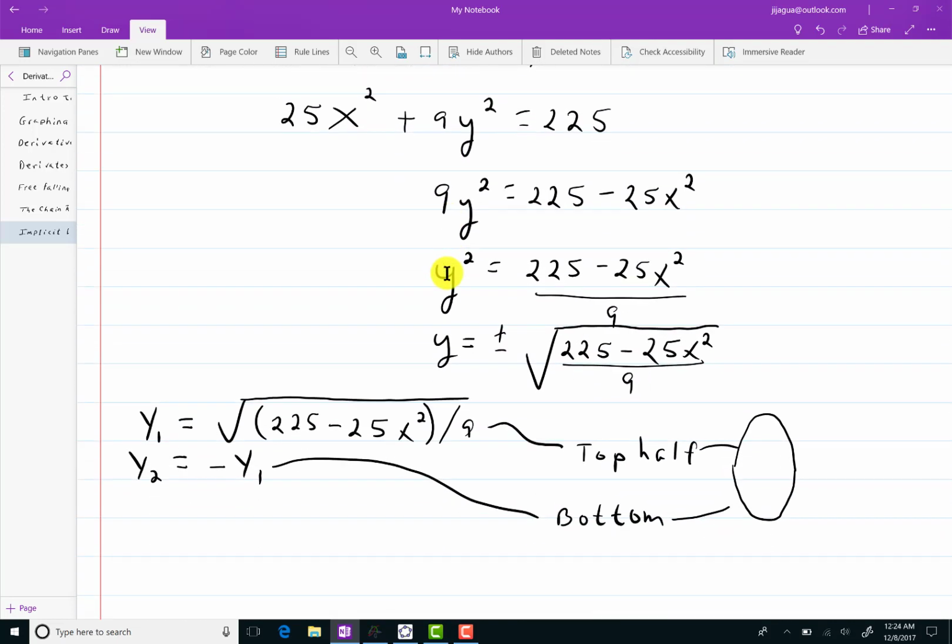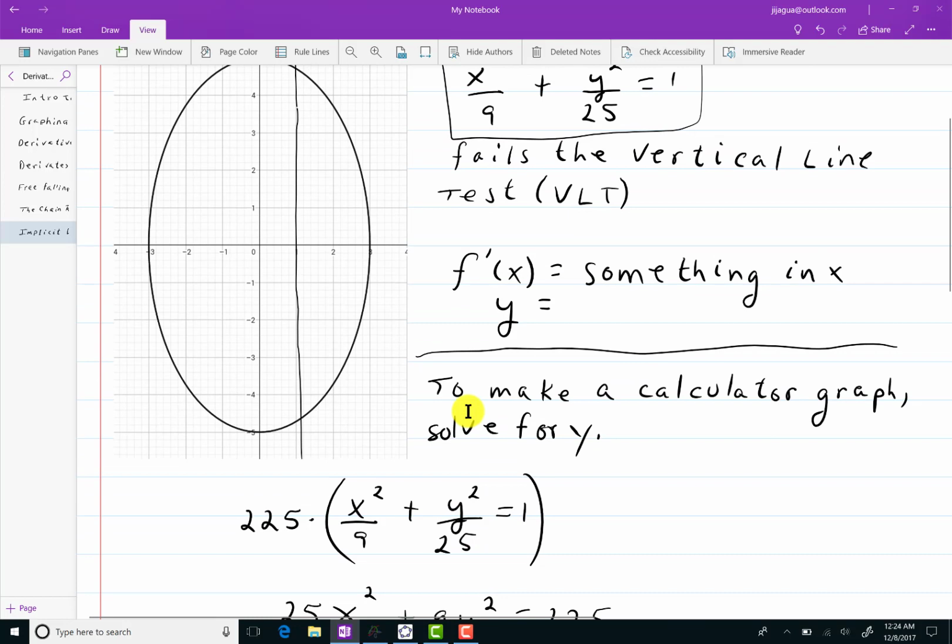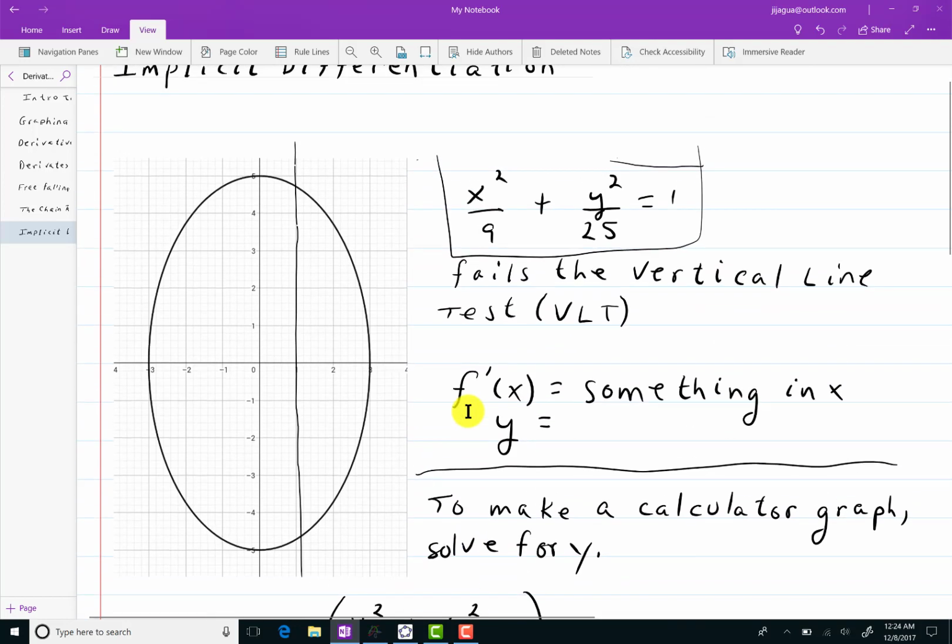This is called an explicit solution right here. That's where I'm able to get y on one side and all the x's on the other side. However, if you go back up to this, if I'm at a certain spot on this, say over here, isn't it true